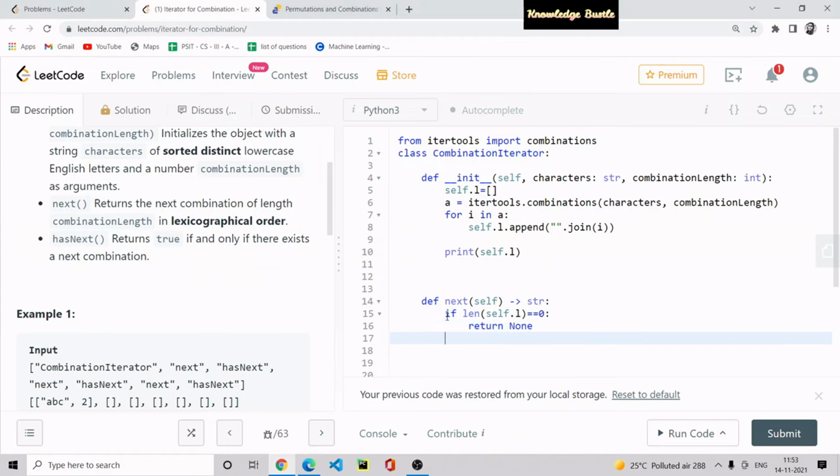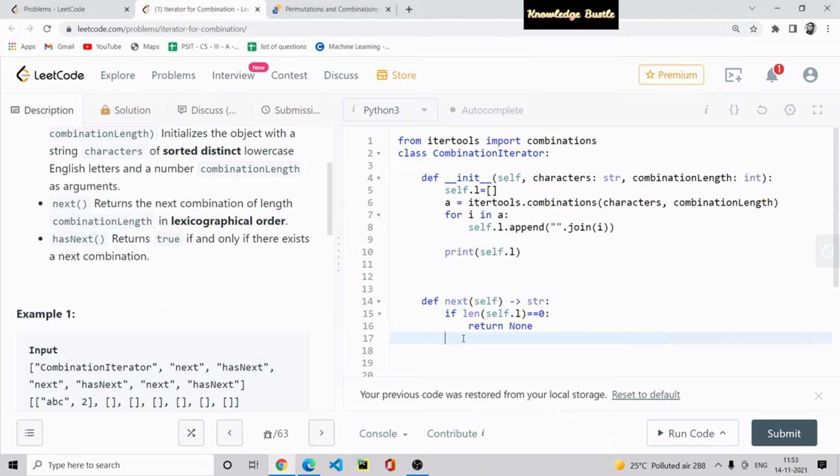Else, firstly we have to reverse, because for reversing we can directly pop the element and return that element.